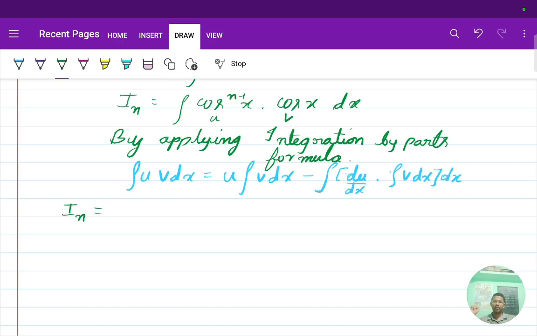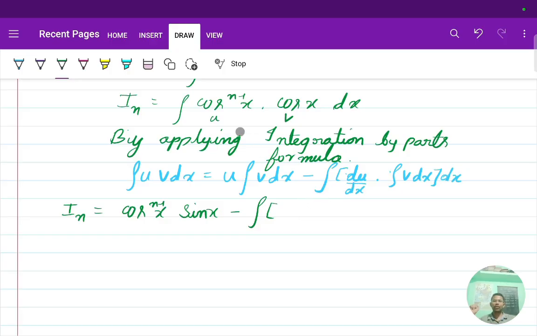When we apply this formula to the above equation, we get u, that is cos power n minus 1 x as it is, and integration of v, that is cos x. Integration of cos x is sin x, right? Sin x. Then minus integration of